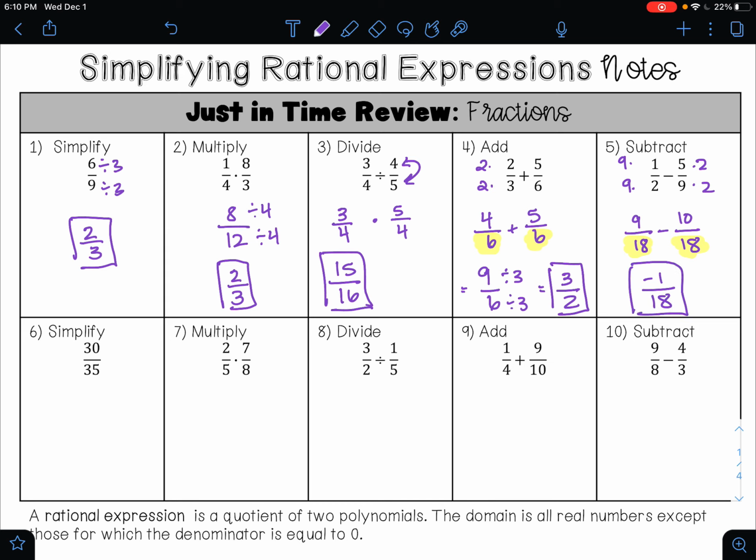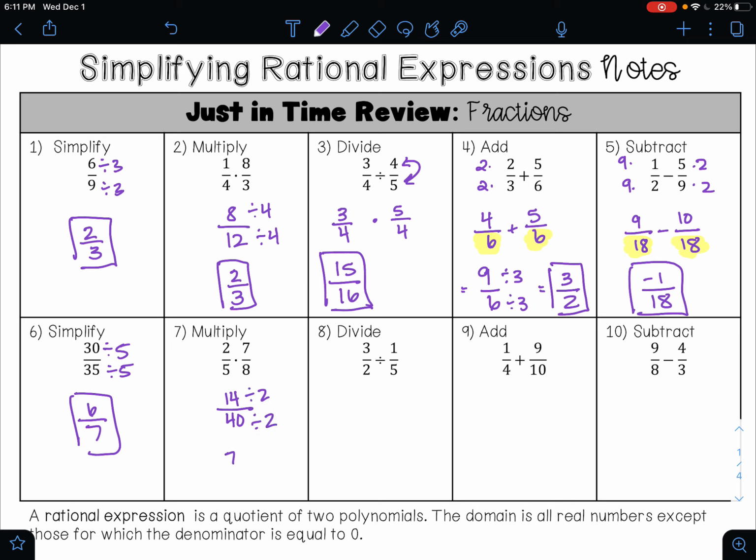Go ahead and pause the video and see if you can try the second row on your own. On number 6, I can reduce this by dividing both my numerator and denominator by 5. So I am going to get 6/7 as my answer. To multiply, you multiply straight across. 2 times 7 is 14, and 5 times 8 is 40. I can reduce this by dividing both top and bottom by 2,